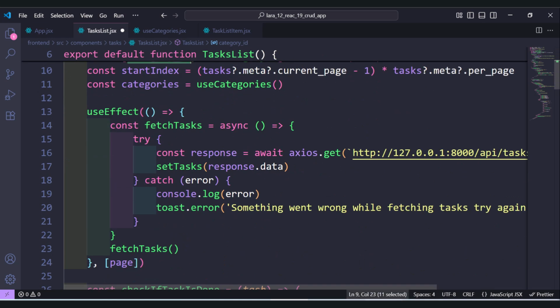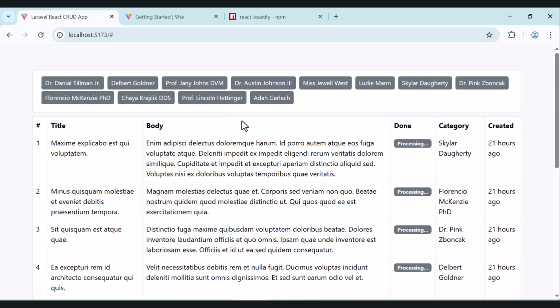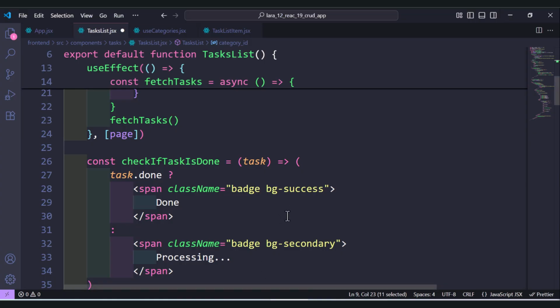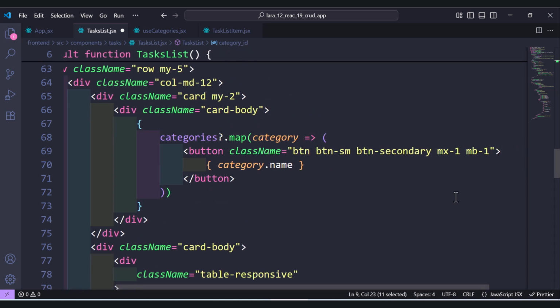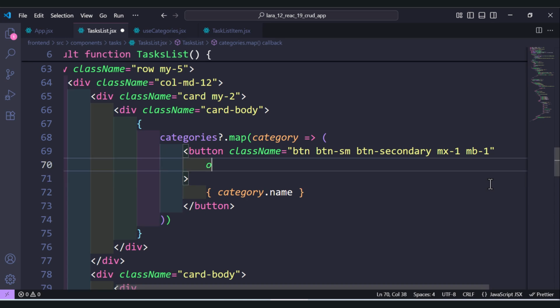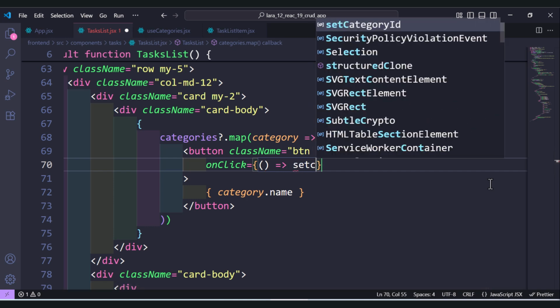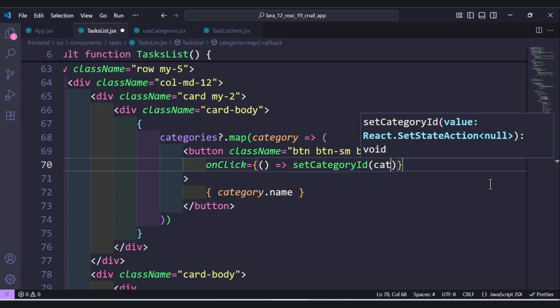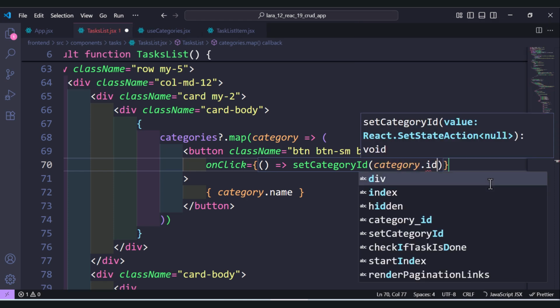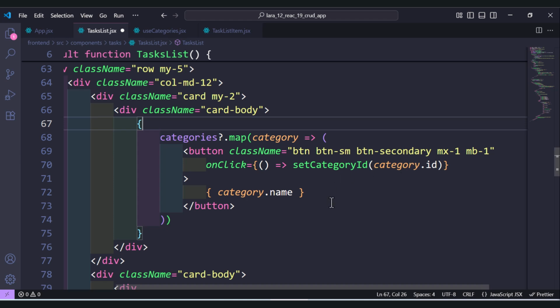So now what we need to do, once the user clicks on one of these categories, we need to set the category ID, okay? So here let's add to this button, let's add on click, and once we click on the button, we set the category ID, and we give it the category. So we need the parentheses and category dot ID, okay? Sets category ID, we give it the category ID. And now to filter by category, what we need to do, so let's